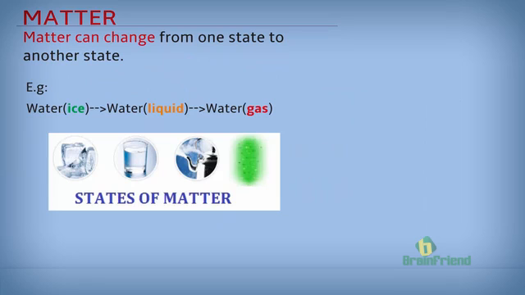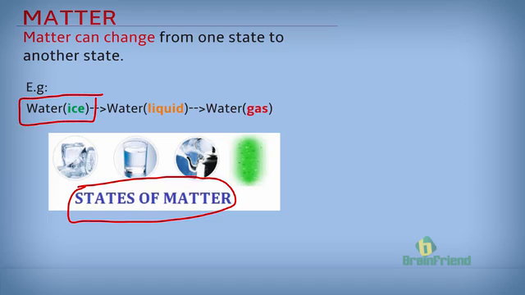We want to also learn that matter can change from one state to another state. I'll use the example of water. Water in a solid state is known as ice. When you apply heat